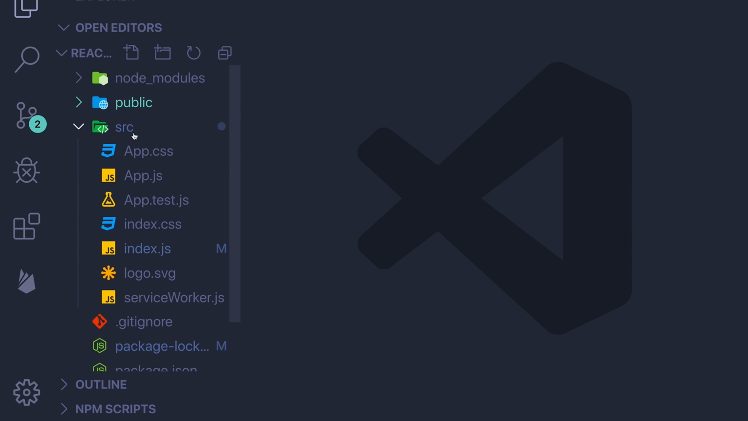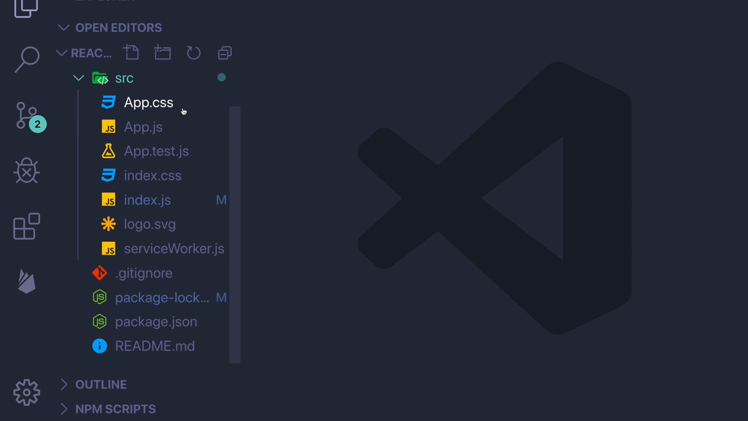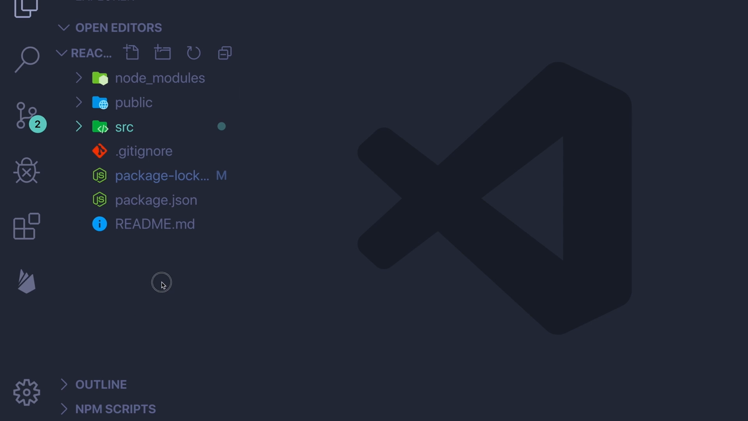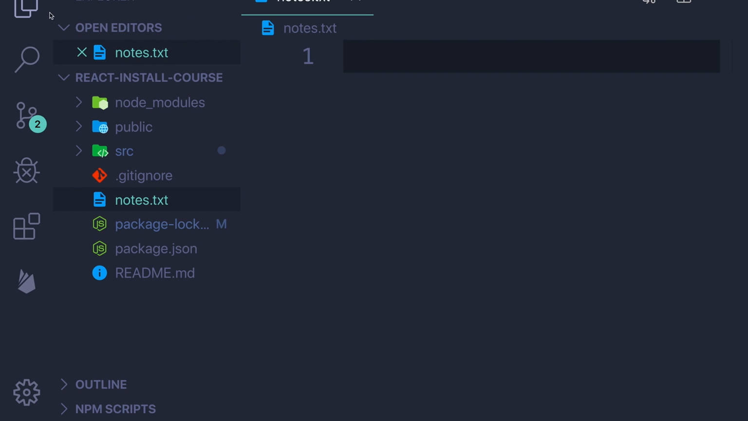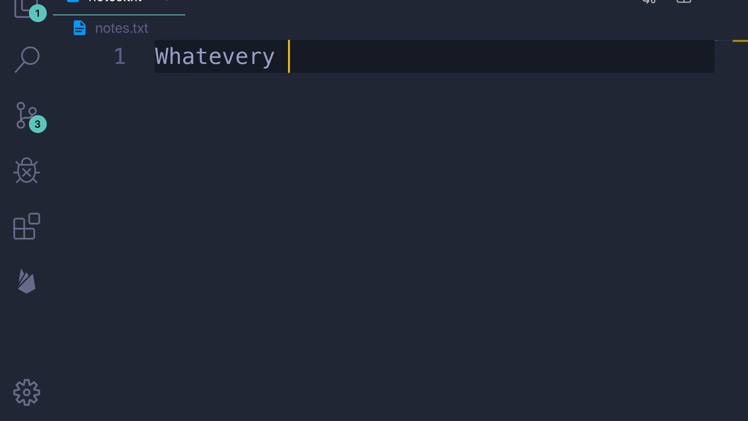Now let's explore the source folder of our project. So this is our source folder: App.css, App.js, App.test.js, index.css, index.js, logo.svg, and serviceWorker.js. Your source folder is everything that's going to get compiled. Let me just open a notes.txt. So whatever you want to get compiled into whatever JavaScript you want,